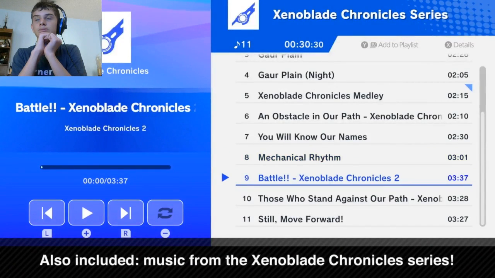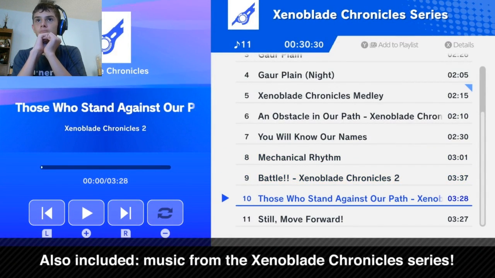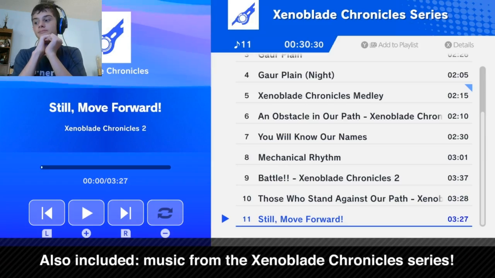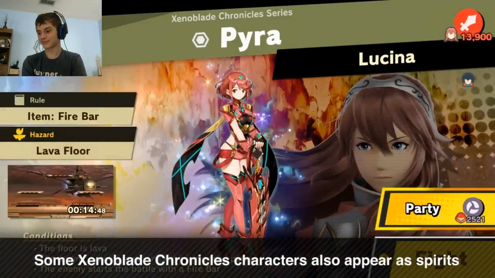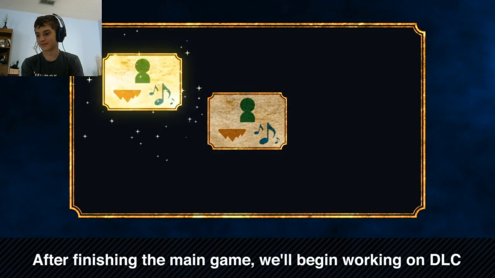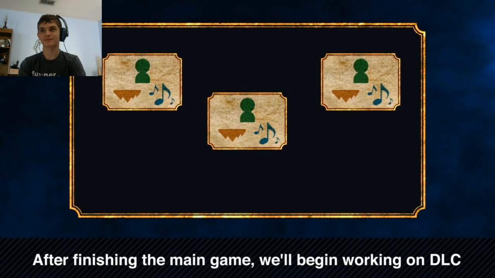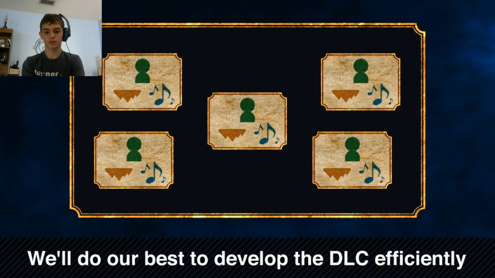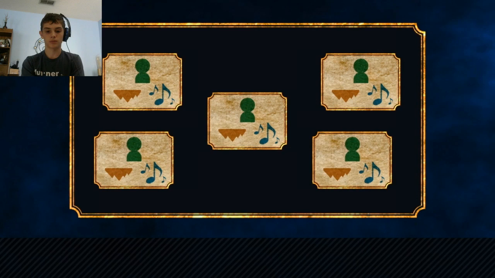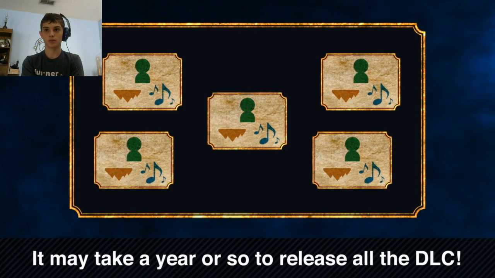We're also including some music from the Xenoblade Chronicles series. Give it a listen at Gaur Plains sometime. Other Xenoblade Chronicles characters will also appear as spirits. We've yet to create any of the paid DLC, and we haven't locked down any release dates, but we'll start working on them as soon as we're finished with the main game. It may take around a year or so to finish releasing all the DLC. But on a separate note,